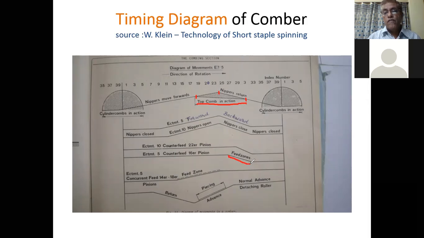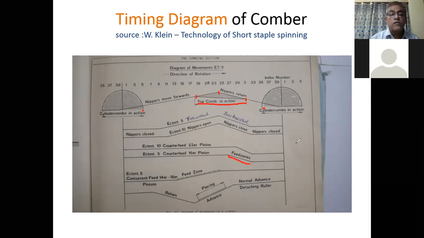So this clearly shows that first feeding will take place, then the cylinder comb will start its action and continue up to 5, and then the nipper will start moving forward, then the top comb will start coming down and complete its section. Again feeding will take place, and this sequence of operations will be repeated.